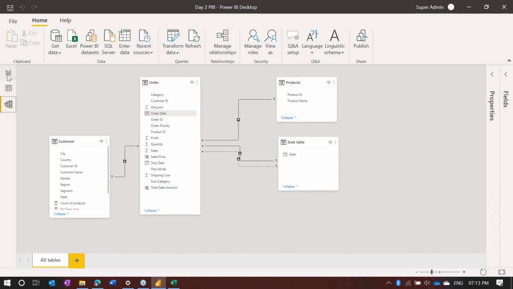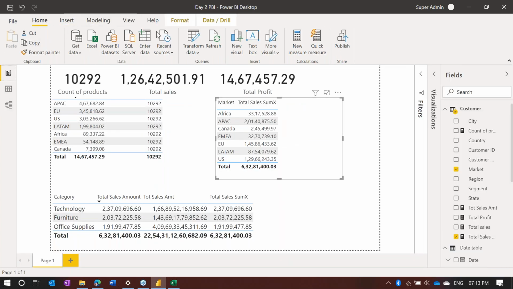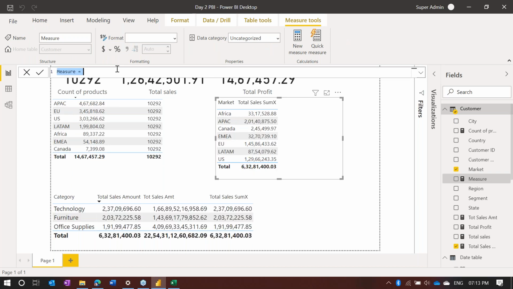All right, so this is your value, and let me do one more calculation here, and this calculation is going to be slightly different. Let's take a look. I go to new measure, and this time I'm writing total sales, equal to, I'm going to use the CALCULATE function. Now the CALCULATE function, I'm going to write it in a simple way. So first thing, it is asking me for the expression. What is going to be my expression? So what is the calculation here? The calculation is going to be here total sales